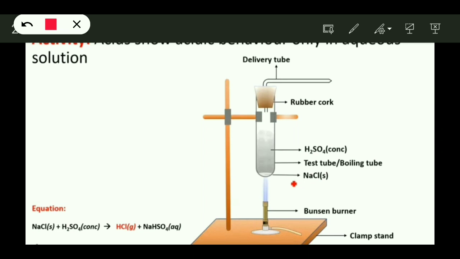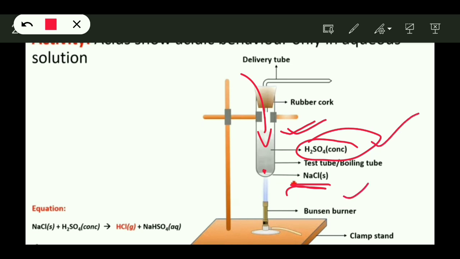Okay children, for this experiment we have to take sodium chloride, nearly 1 gram of sodium chloride, that is common salt, children, and a dry boiling test tube we have to take, and we have to add this NaCl here, and slowly we have to add concentrated sulfuric acid inside the test tube. We have to add concentrated sulfuric acid to NaCl. As soon as you put concentrated H2SO4, you have to fit one rubber cork here. To this rubber cork, a delivery tube is arranged so that the gas will evolve out through the mouth of the delivery tube. Understood, children?